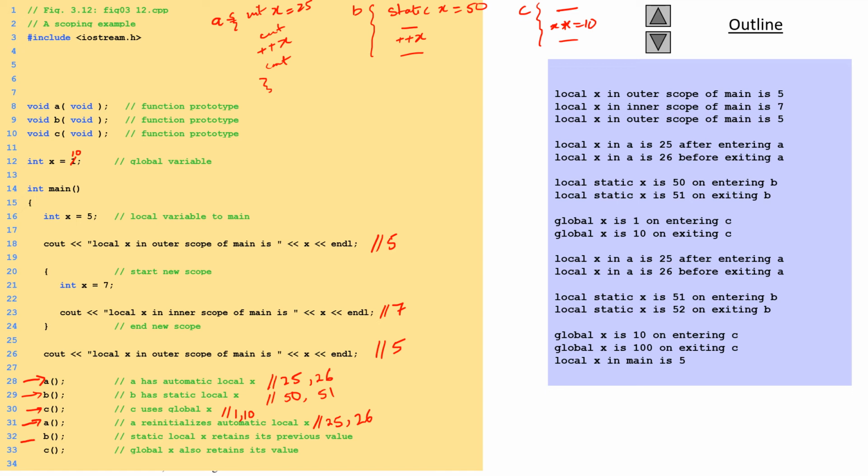When I call b, since b is static, we said that a static variable retains its value. When I call b for the second time, even though the code says static int x is equal to 50,